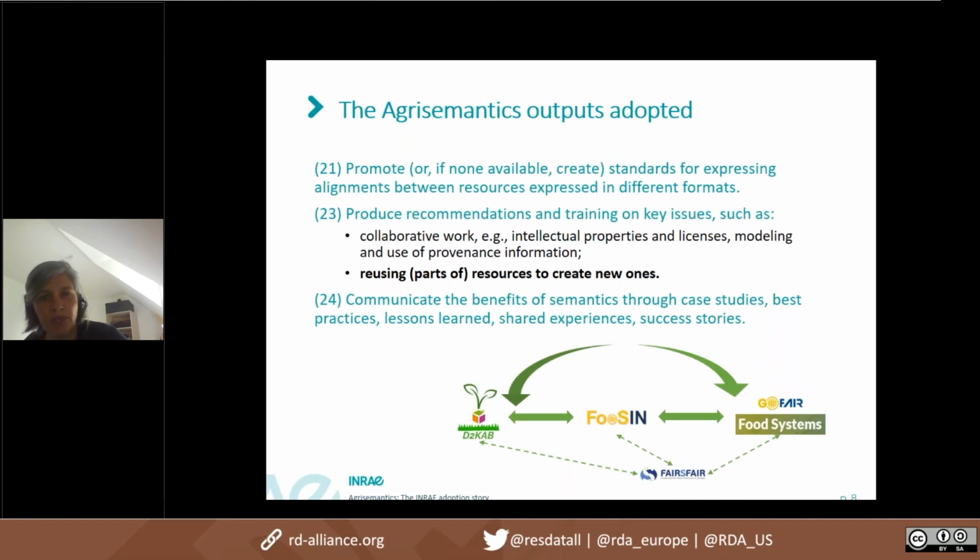Now, we've also adopted some recommendations that are developed in some projects that we are participating in. We promote standards for expressing alignments between resources expressed in different formats. That's what's developed in the D2KAB project, led by Clément Jonquet from LIRMM. This is a project that we are a partner of, and we really want to develop some new ways to represent and document alignments. We also produce recommendations and training on key issues. This is more the FUSIN and GO FAIR Food Systems part. The GO FAIR Food Systems is a kind of follow-up of the Agrisemantics working group. We are attached to this initiative